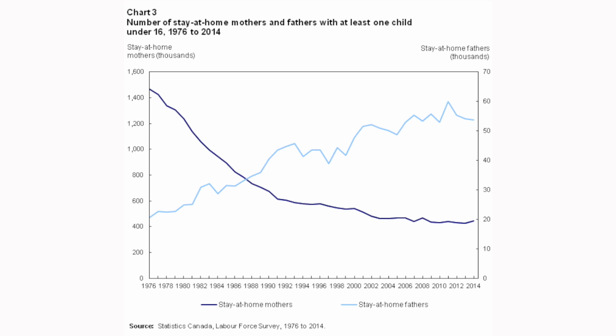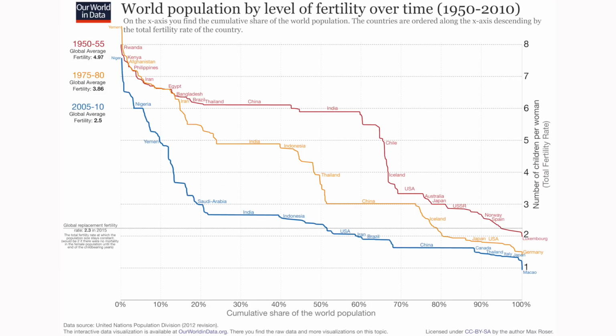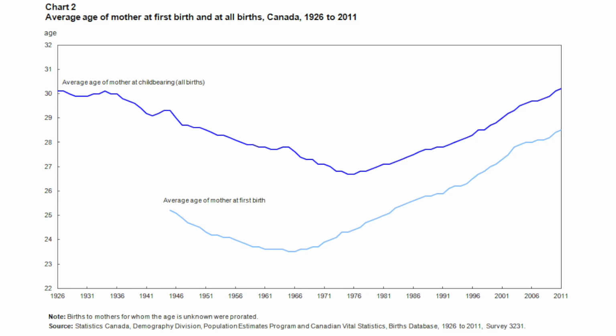For example, declines in fertility rates exist in many American, Asian, and European countries. In some regions, like West Africa, fertility rates have not declined significantly. In Canada, fewer women are giving birth in their 20s, and there has been a steady increase in the number of women giving birth in their 30s. Canadian fertility is very similar to that of Northern and Central Europe, Russia, China, and Australia.